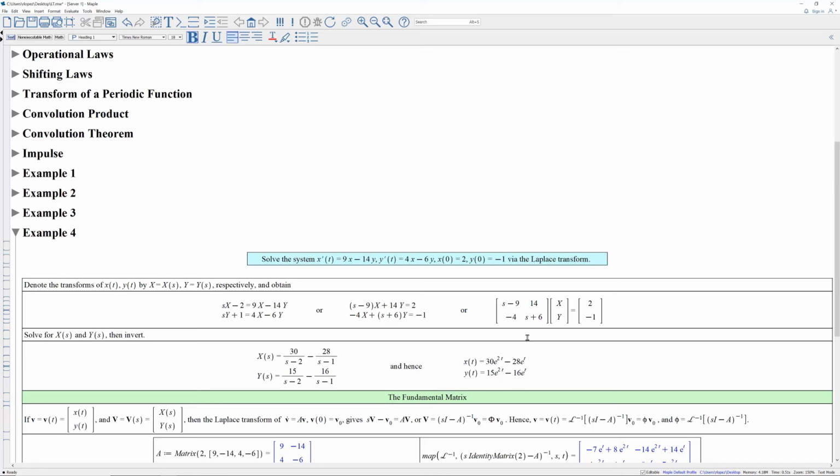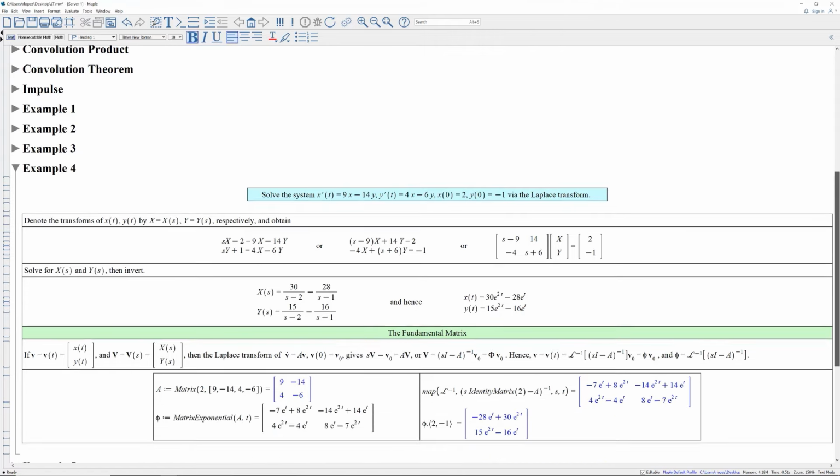So a very simple idea. Take the Laplace transform of the system, solve for the unknowns, the unknown transforms, and invert. Bogs down in a bunch of linear algebra. I would prefer that that linear algebra be turned over to Maple so that the essential concept is not lost. Well, in addition to my harangue about the use of Maple to do a linear system, there's another thing that